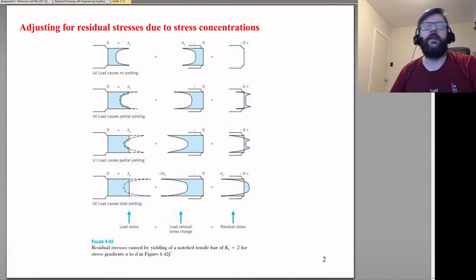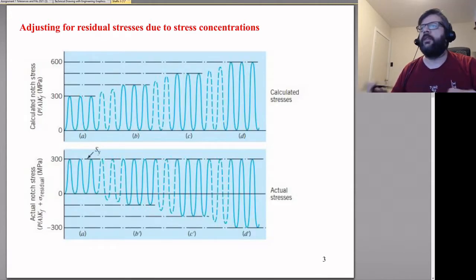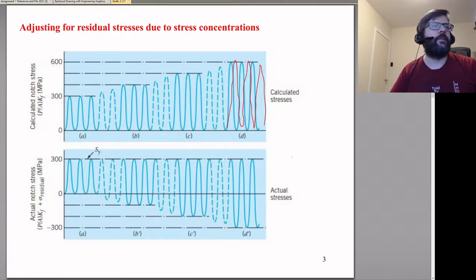And again, this is a phenomenon that we see in relatively ductile materials. If we're talking cast iron, not so much. So the result of this phenomenon is that the stresses that we may have calculated, some values here for the stresses, go up higher than the yield strength. For this particular example here, the yield strength of this material is 300. So when we have a calculated stress value that goes above that, what happens instead, when it